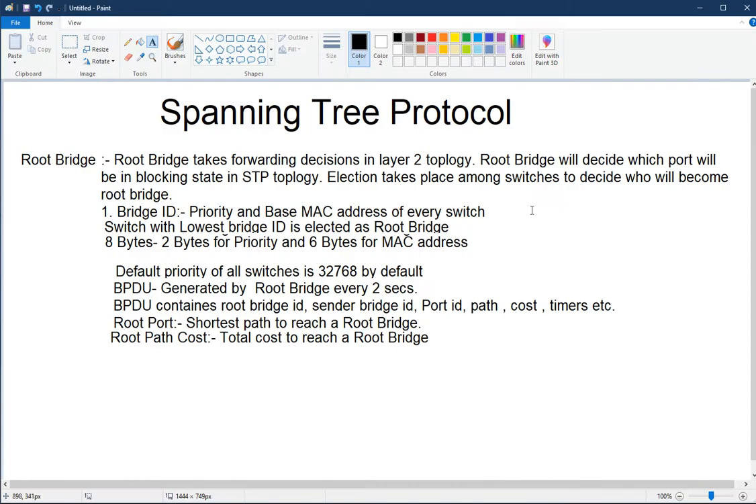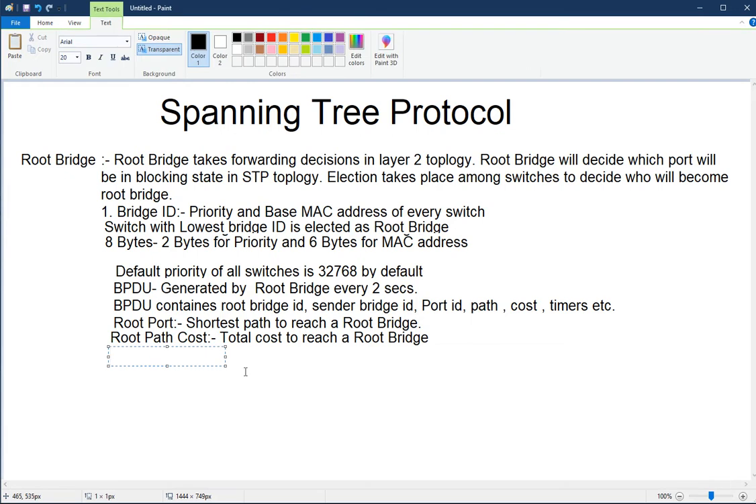Let me write here. There can be two kinds of port roles. On any switch, ports will have two kinds of role. Either they will be designated or